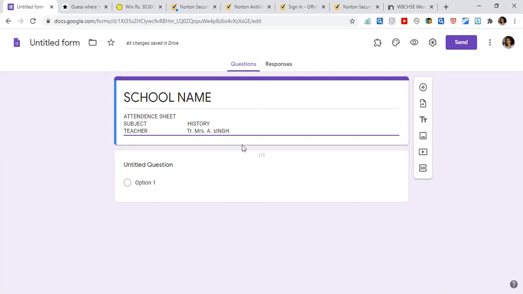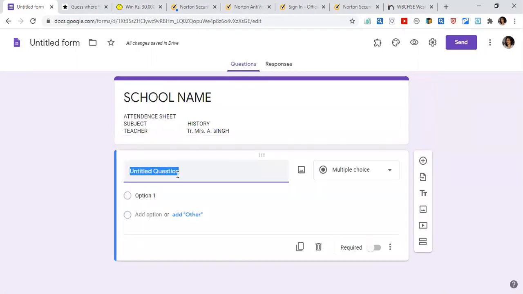Like we have subject is history, teacher is Mrs. A Singh. Now these are the details of the teacher. This is her subject, history, and this is Mrs. A Singh's attendance sheet. So on the very first untitled question, we only need to write the name of the student.